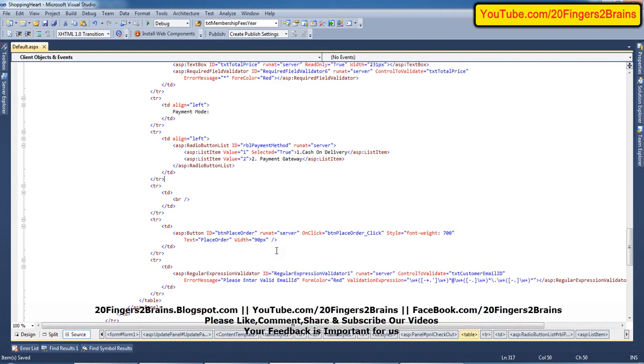At the end we have a button, btn place order, and on click of this event we have btn order click. We have set some text, font, width and height, these are normal.